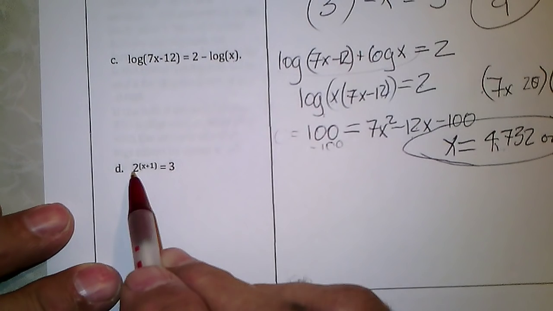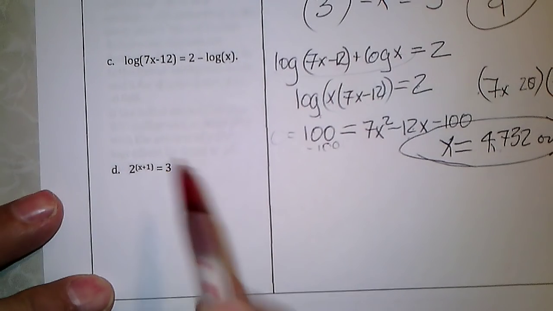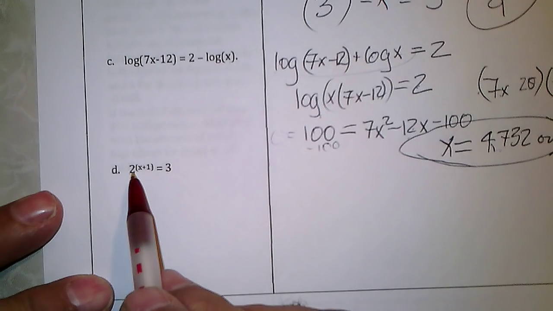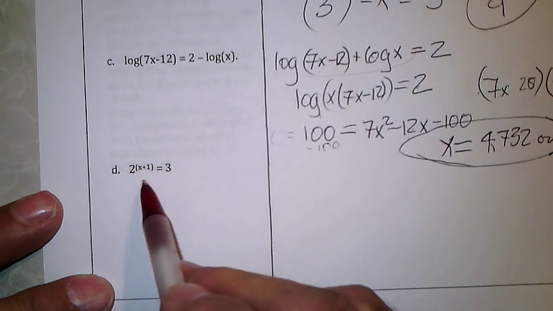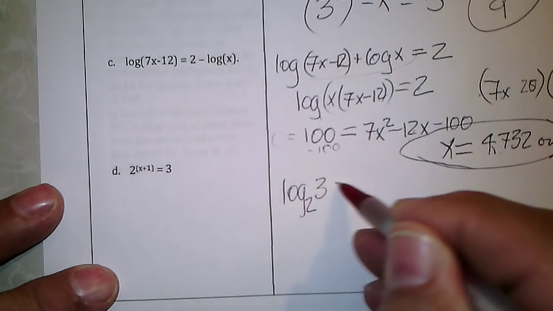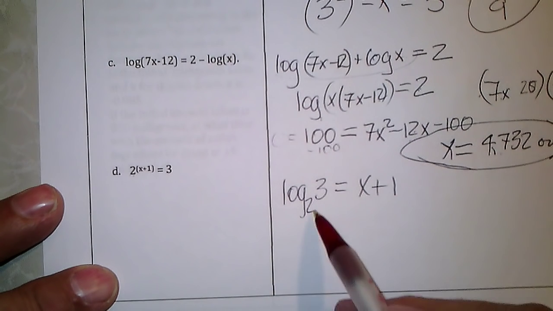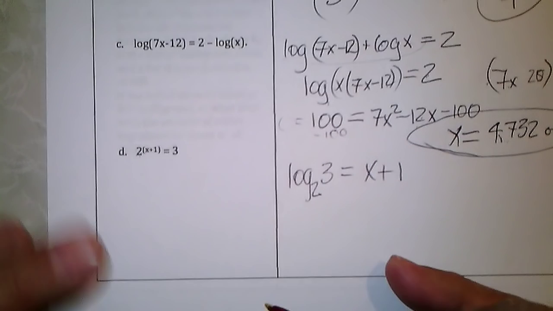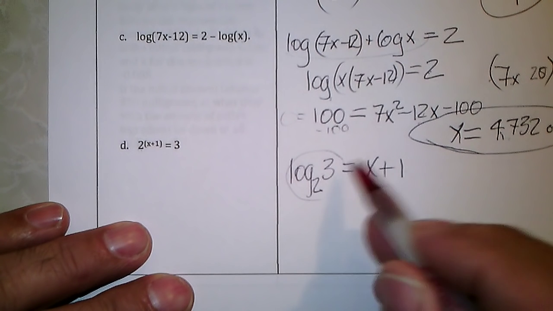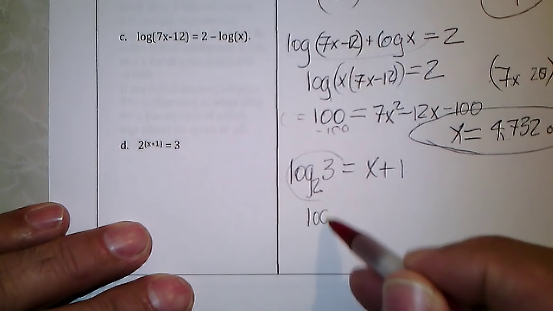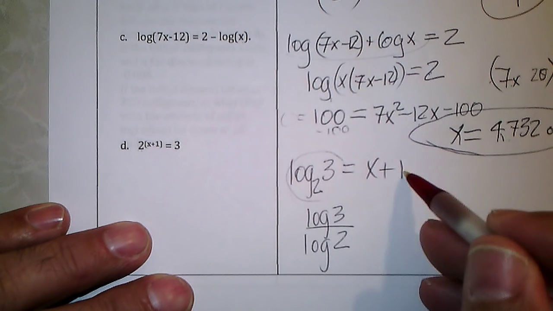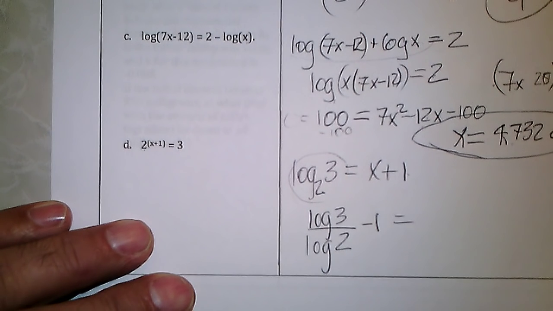This one, we have unequal bases. But since it's not to a power, we don't have to set these to the same bases. We can write this as a log equation. So this would be log base 2 of 3 is supposed to be x plus 1. 2 to the x plus 1 equals 3. So to solve that, I just calculate this, and subtract 1. So I'd have log of 3 divided by log of 2, that's what this is, minus 1 is x,